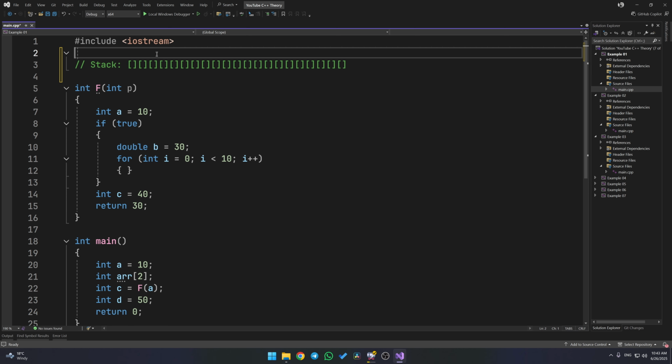In most modern operating systems like Windows, the default stack size is about 1 megabyte. But it really depends on your platform, compiler, runtime, and thread type. That means you can only have up to 1 megabyte worth of local variables and return addresses before running out of space. Now, you might be thinking, wait, isn't that tiny? Sure, 1 megabyte sounds small compared to your 16 gigabytes or 32 gigabytes of RAM, but in practice, it's more